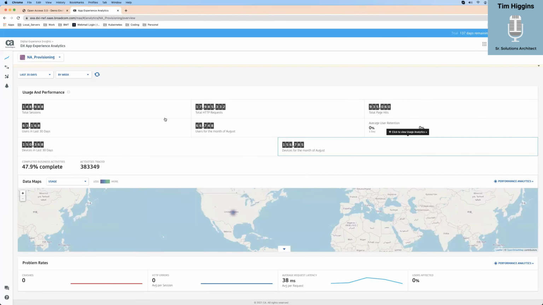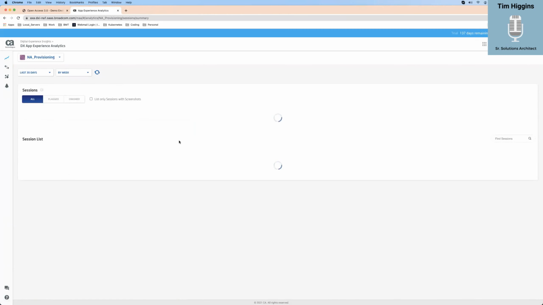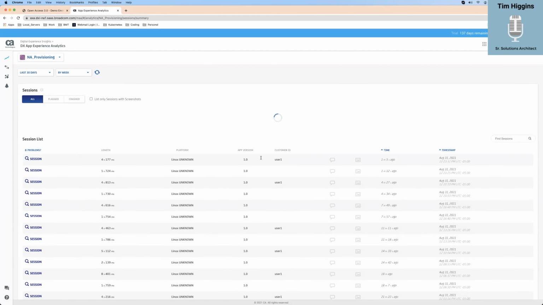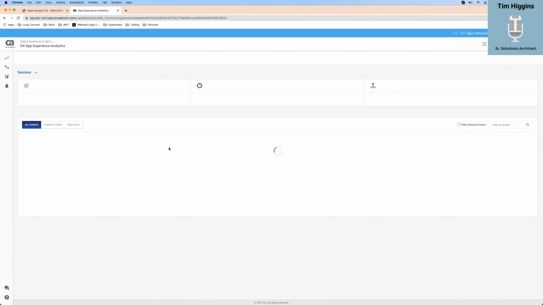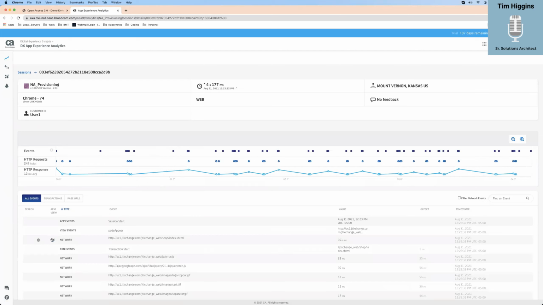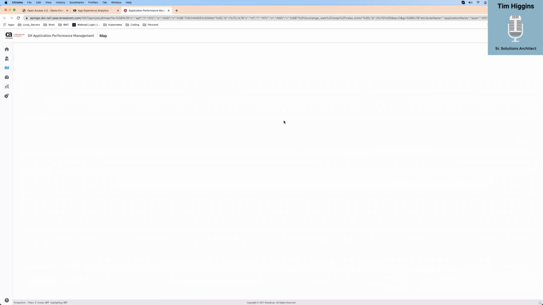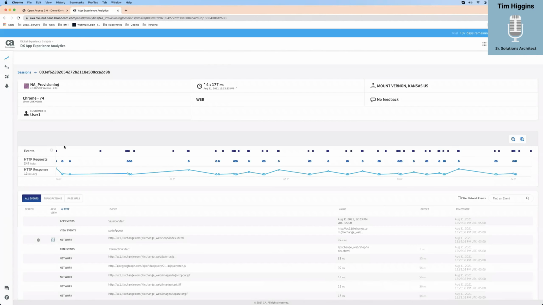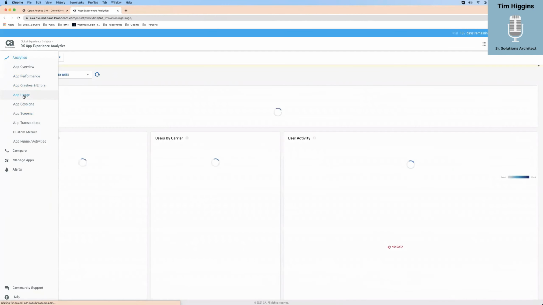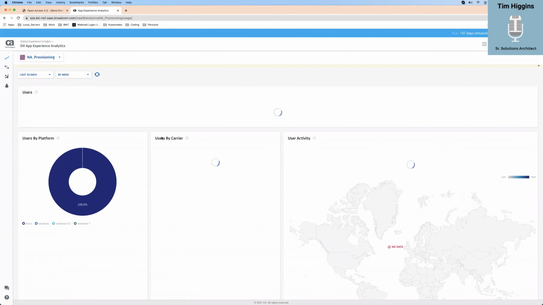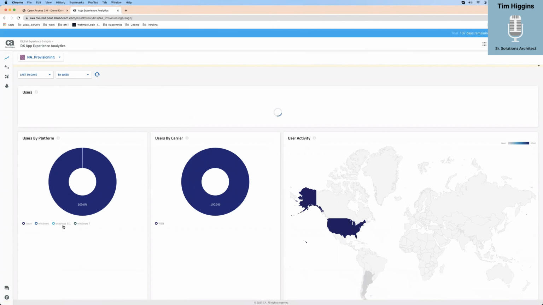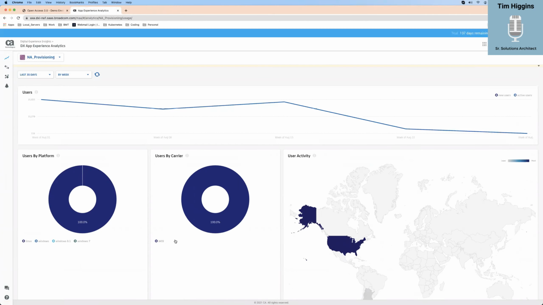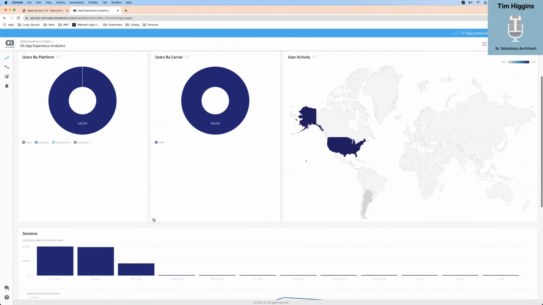But what I want to start looking at now is a little bit different. So if I look at my total sessions now, okay, now I can see I've got Linux, my user 1. So we'll click on this. And now, if I click on this, this will still give me the map view just like before. We're used to that. But if I go over here, I'm hoping to have more data. So if I look at app uses, now I can see there's a Linux, a Windows 8.1, and a Windows 7. Unfortunately, everybody right now is still web because I don't have a mobile device that we're using.